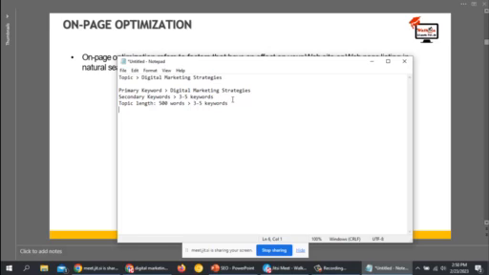But first we will understand the types of keywords. The first one is the primary keyword, the second is secondary keywords, and then we can also use phrases. Phrases can be something like this: suppose you want to do digital marketing, and you want to search where you can do digital marketing. So what will you search? You will search for